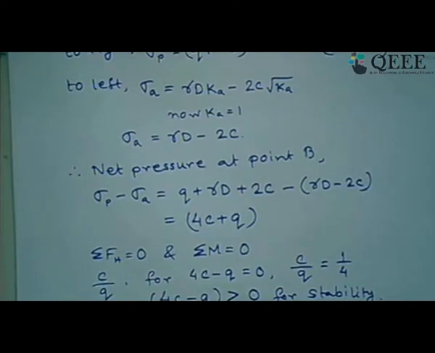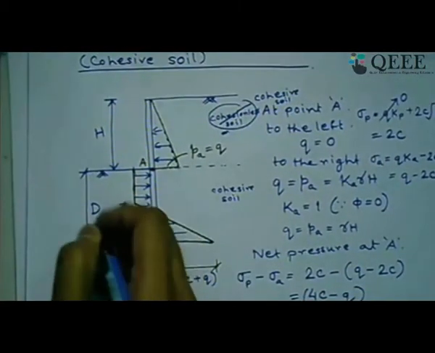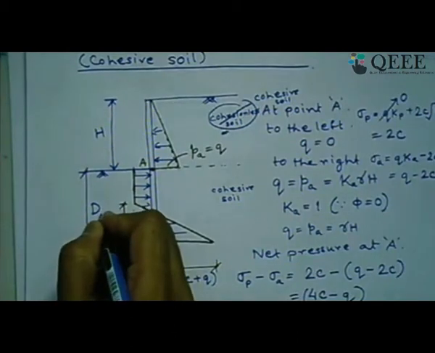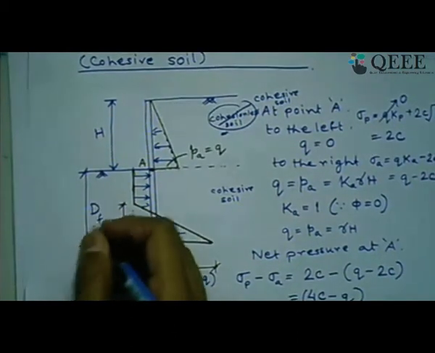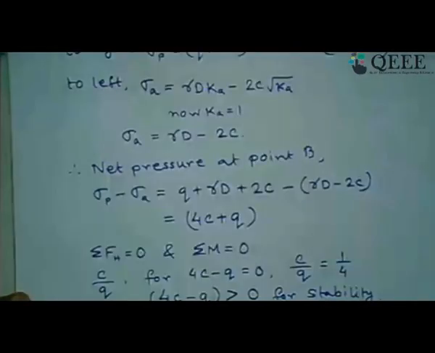So by this process, using the sum of Fh equals 0 and the sum of M equals 0, one can easily find out the embedment depth D that is required, and then increase it by about 20% as a factor of safety. That is one way of doing it. Another way of doing it,